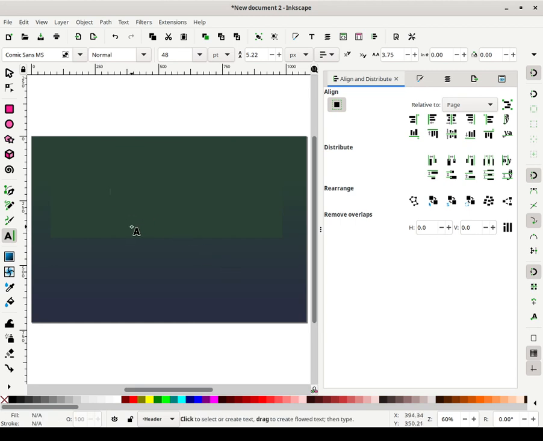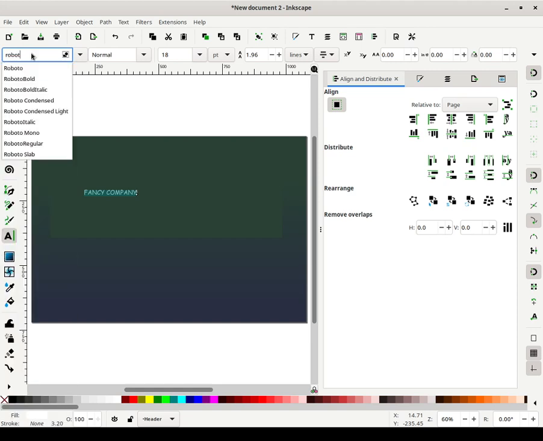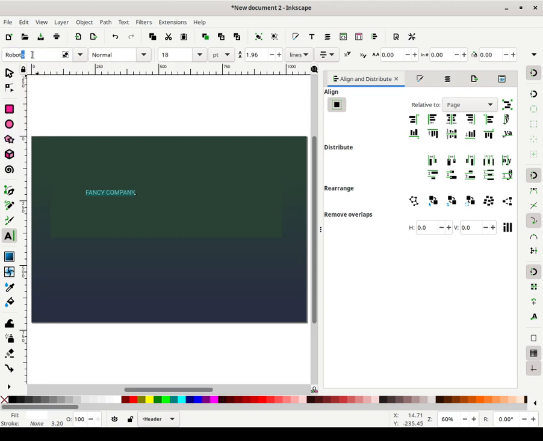So let me add the title that I want to work with. And of course we do not use Comic Sans on actual websites, so let me use something a little more popular, like Roboto.